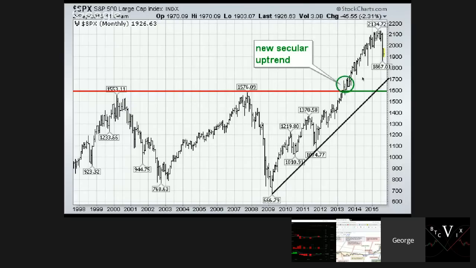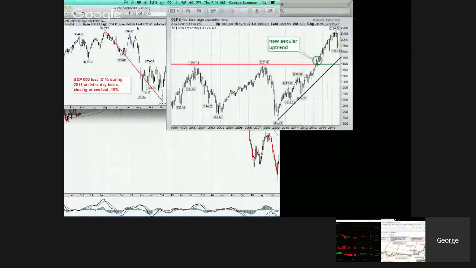So I think as long as we stay above those areas and this 1867 level, we'll still be in an uptrend even if we get down to maybe 1700, but it'll be really shaky by that point, and potentially it could be the end of the bull market. But right now, I think we're still in. I think it's just a correction more than anything else, and I think that might be all I have.